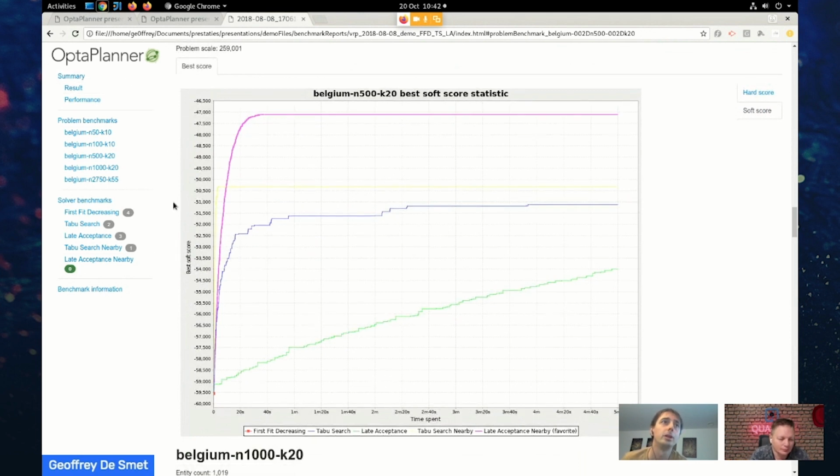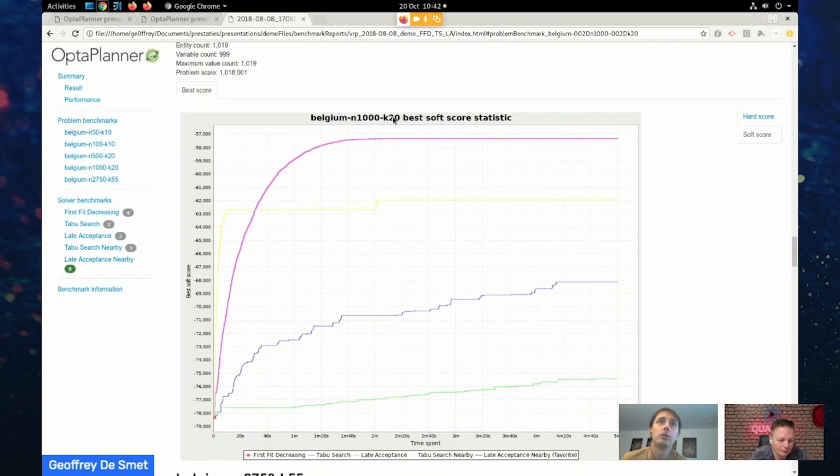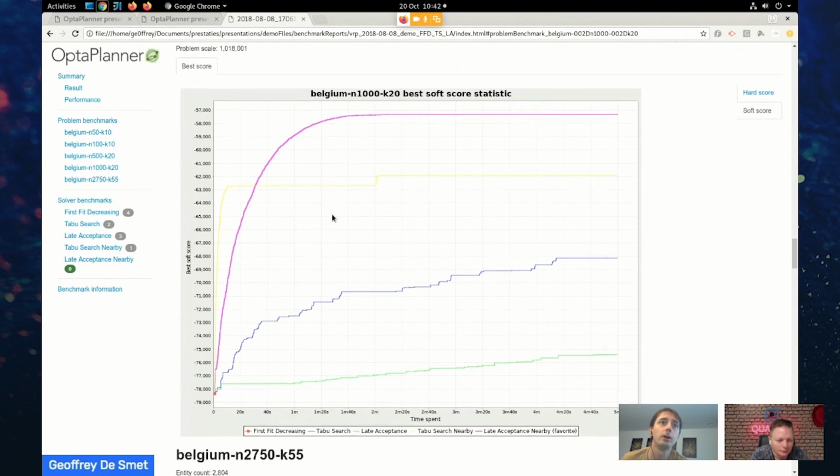You have a whole bunch of information on here. So what I did is I picked one data set here. Let's pick a bigger one, right? So this is one with 1,000 locations for vehicle routing, and you can see multiple algorithms next to each other. And so this is the time at the bottom, and this is the score. So you can see, basically you want to be on the top left corner, right? Top left corner is good, fast and high quality. And you can see that,